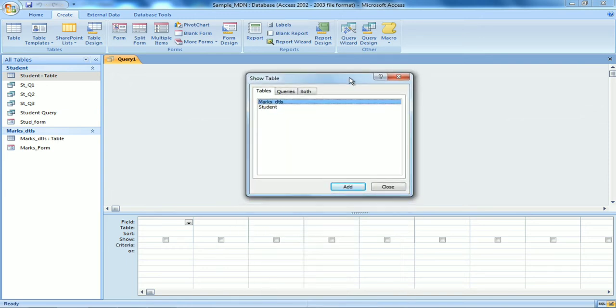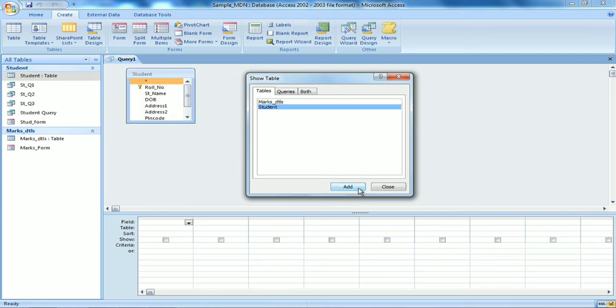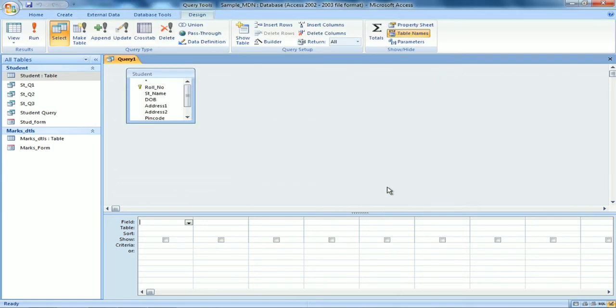Now student, add, close. Now what I want: I give a pin code which matches the criteria, only that record will be shown.